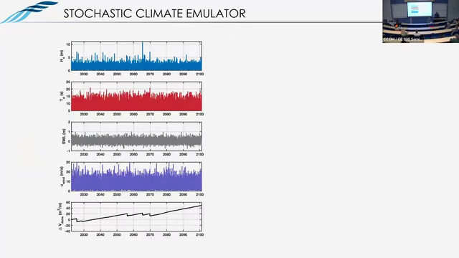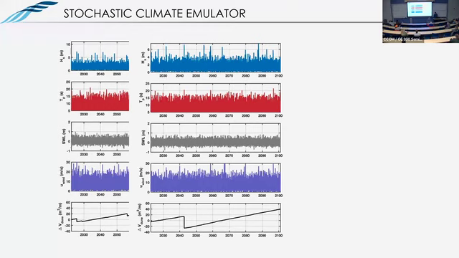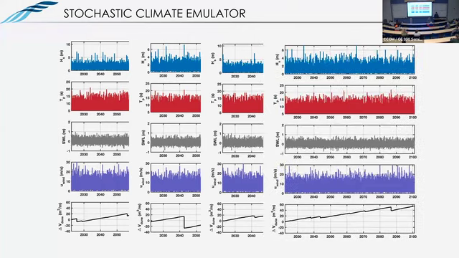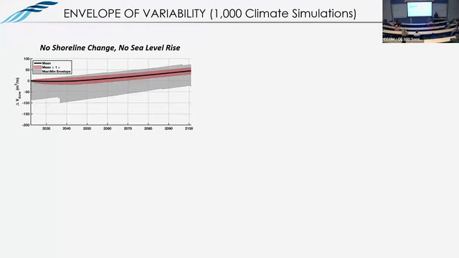All right, so we had our example time series and then prediction in terms of dune evolution before. So let's roll the dice again on different environmental forcings. So here, basically using a stochastic emulator, in this case, we could still have a net positive dune growth, but the trajectory that it got there is very different than before. We could roll the dice again, get different representations of future storms. Once again, we may have positive dune growth, but different iterations of storms and sequencing of storm surge and large wave events. And we keep doing this over and over and we can come up with a range of